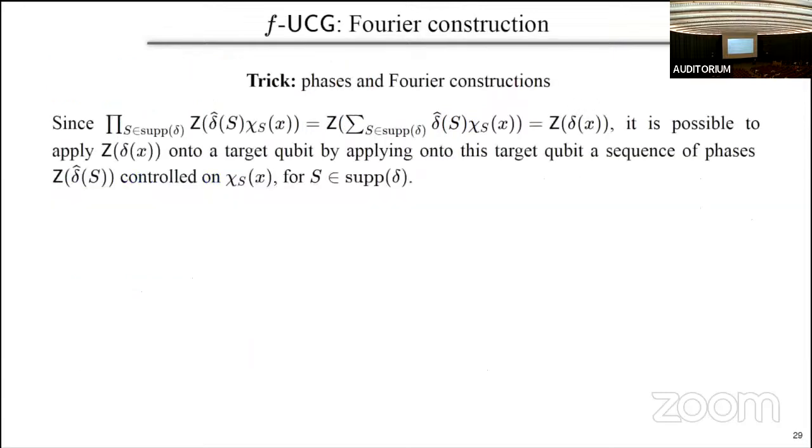So the idea is that you reconstruct all your functions on phases. This relies on a very simple identity: the product of Z gates with phases is basically the Z of the sum of the phases. And if you're using the Fourier decomposition, this turns out to be the original function. So you can reconstruct the original function on a phase of